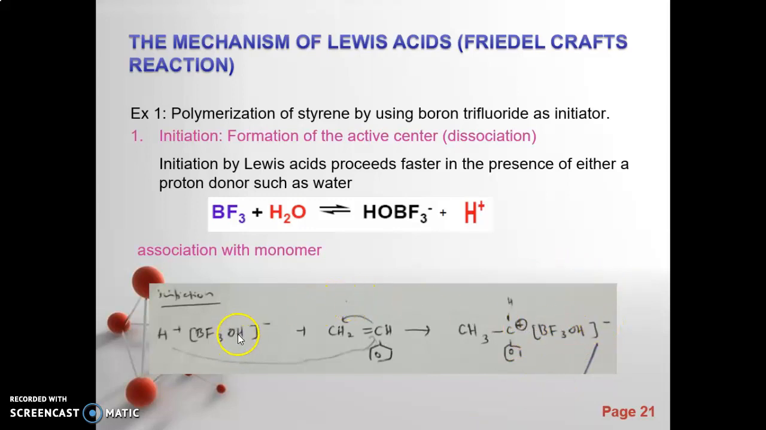So BF3OH kita akan bawa ke belakang sekali. So make sure CH3, H kat sini dia akan pindah sini, akan jadi CH3. Okay, so the loss of the double bond in the presence of the positive charge at the carbon atom, which is we call it as counter ion. Alright, next step,